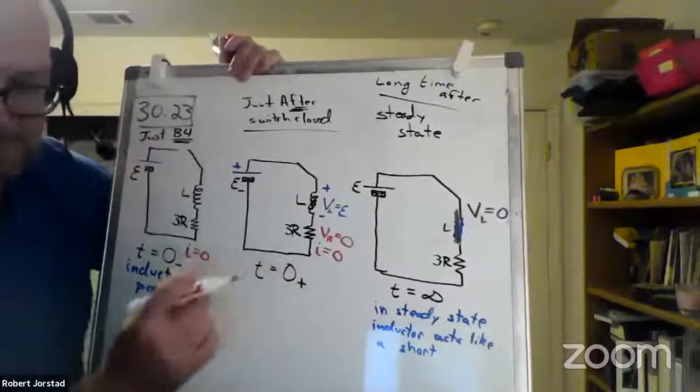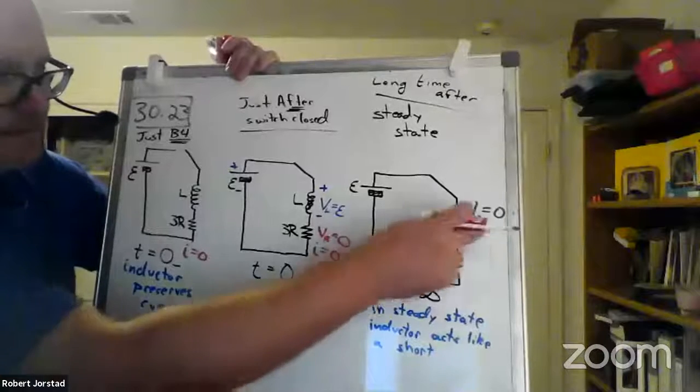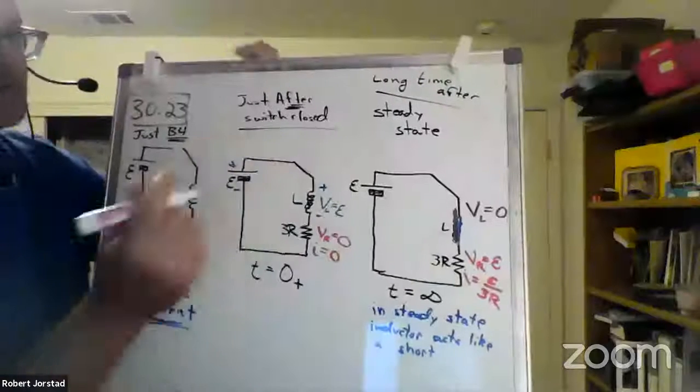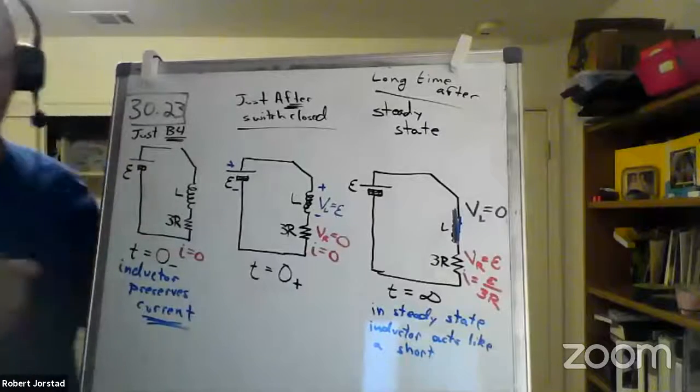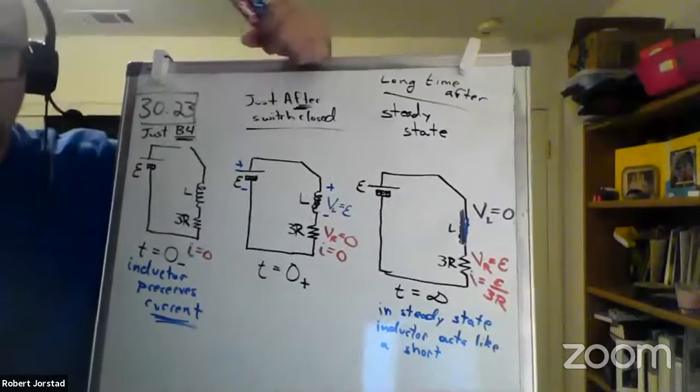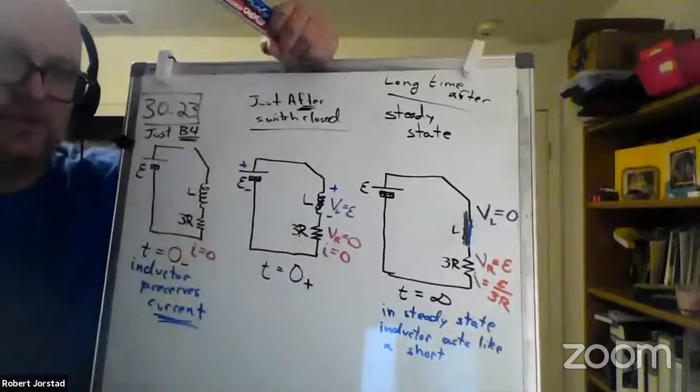Somebody else. It has all the voltage. Yep. And the current's E over 3R, because this resistor is 3R. Excellent. So now if we go back to our problem, this is basically the strategy you do with all these